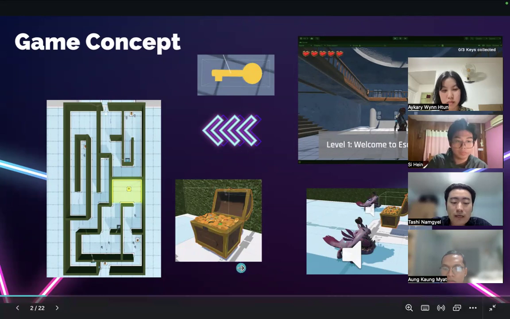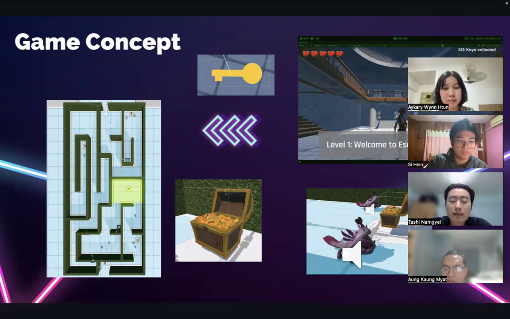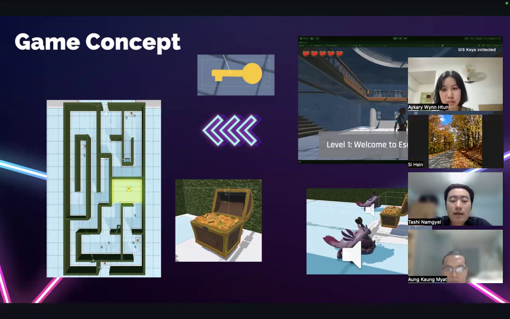The genre of this game is adventure and puzzle game. The escape room phase emphasizes puzzle and critical thinking, and action and exploration. The maze phase focuses on combat, exploration, and reward.